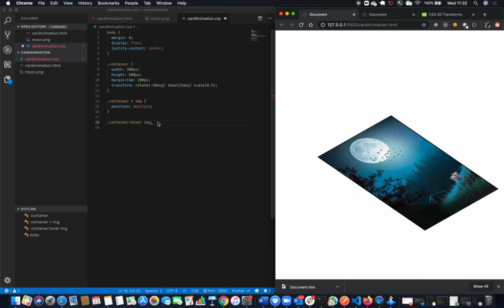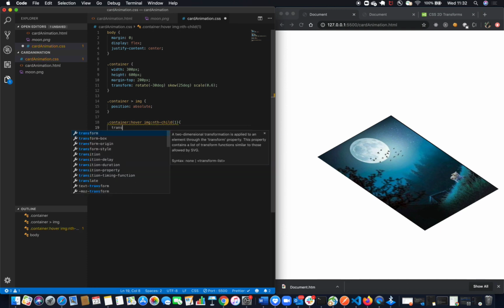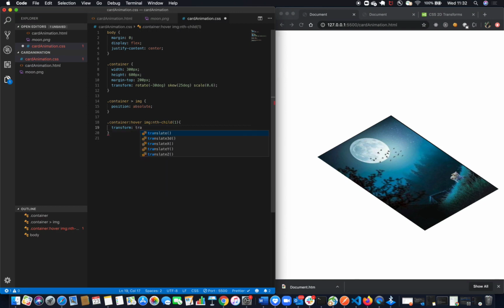So I'm going to select the first child, nth child 1, and add the transform property, and let's say I want to translate to 40 pixel and minus 40 pixel, okay.